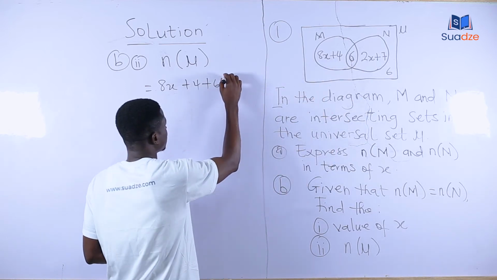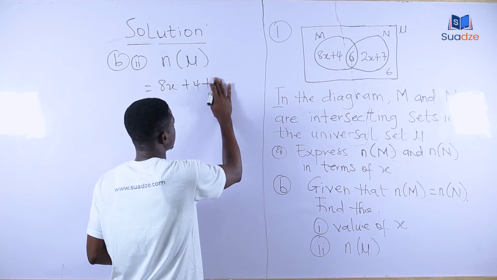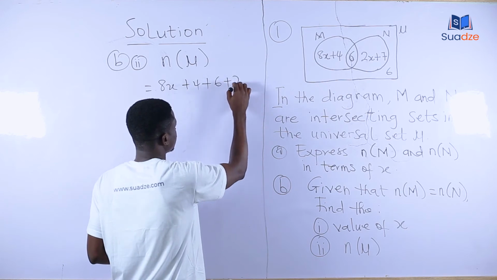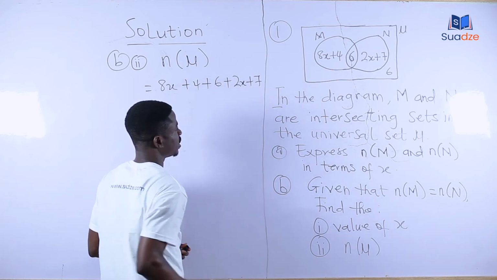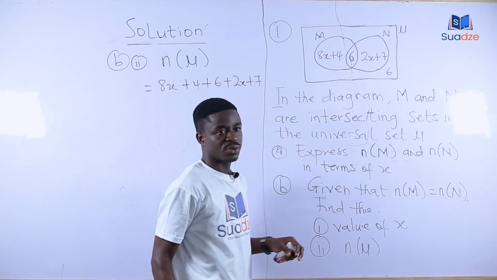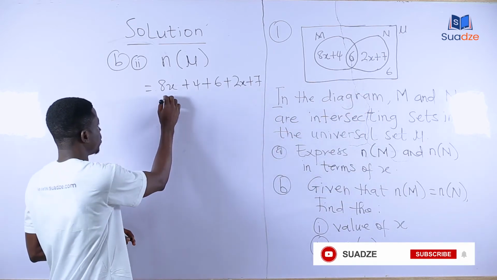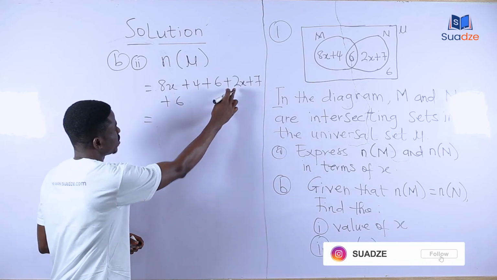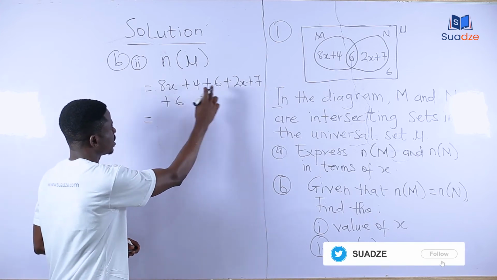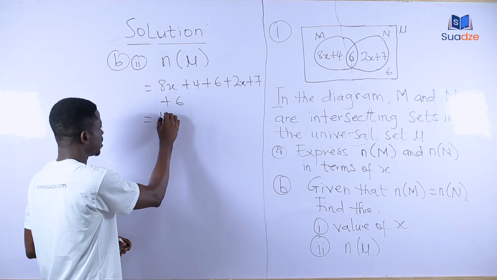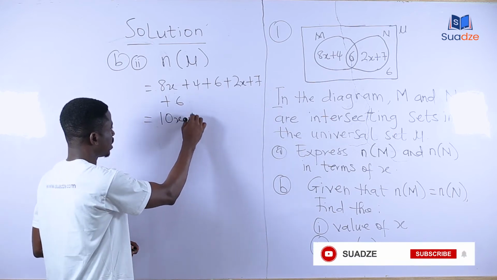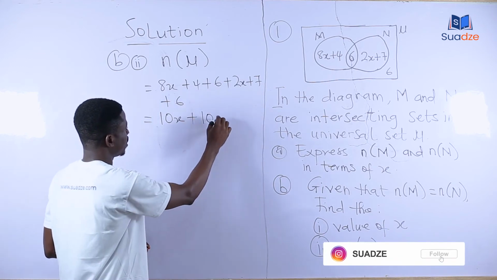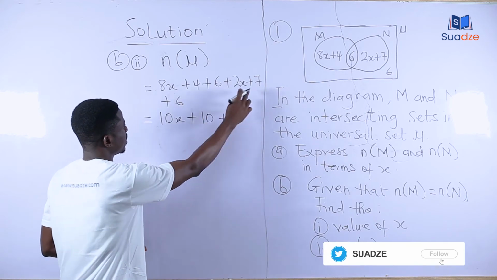Then we write this one, 2 plus 6 plus 2x plus 7. The number outside here too is complement. We'll still add it to it. So we have plus 6. Then we group like terms. This one and this one are like terms. So 8x plus 2x will give us 10x plus 4 plus 6 will give us 10 plus 6 plus 7